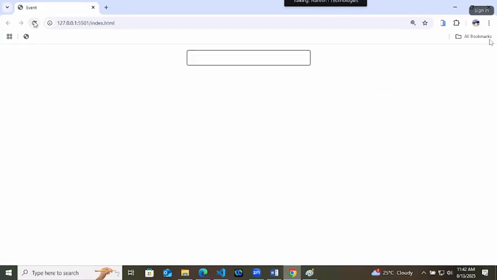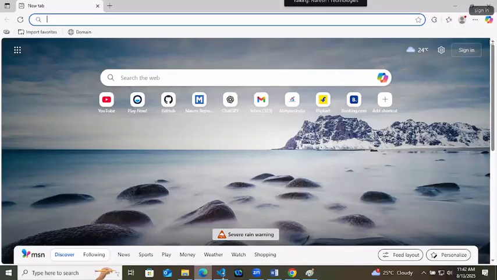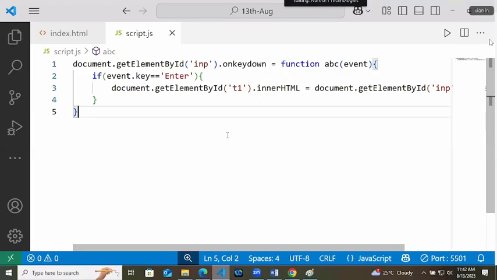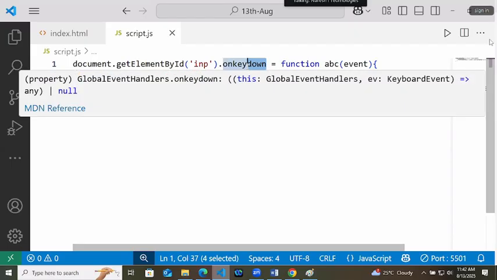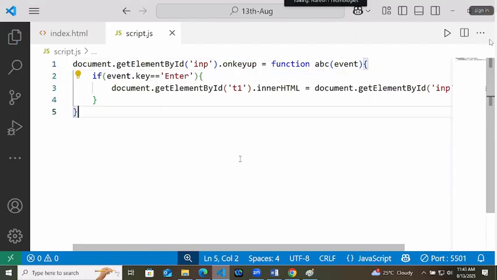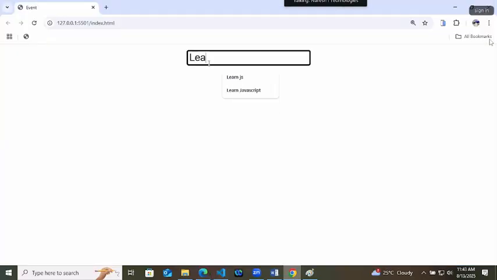These are the mouse events. Then what is the keyup event? Same thing, same task, same everything. Here I will write a task, learn JavaScript, and I am pressing the enter key. I have pressed the enter key, but it is not working. It will work when I lift my finger off the key. Meaning they know whether you are pressing the key or removing the key press.